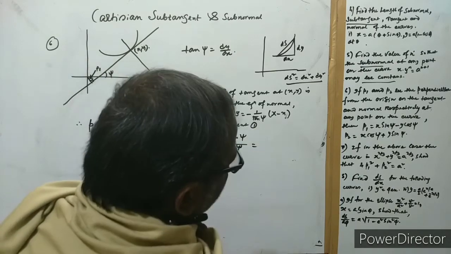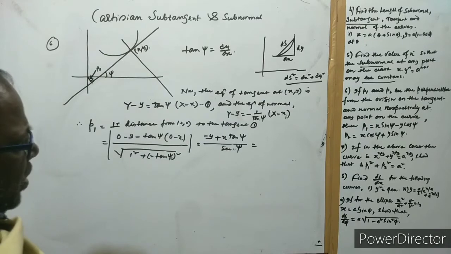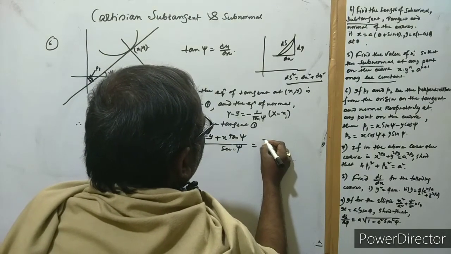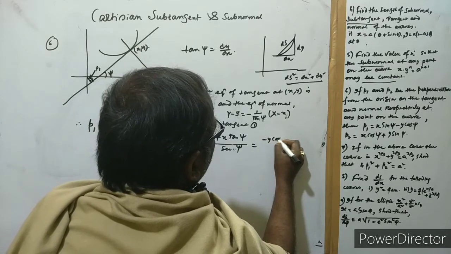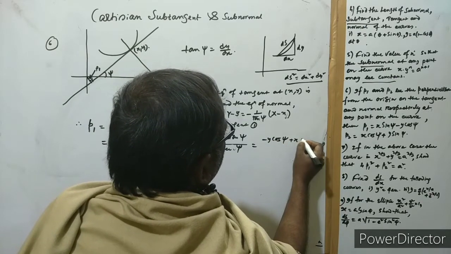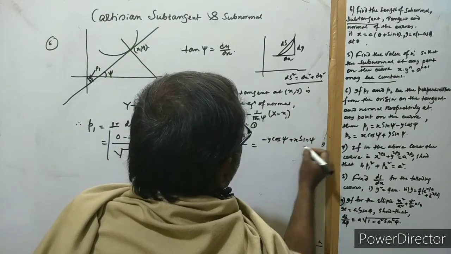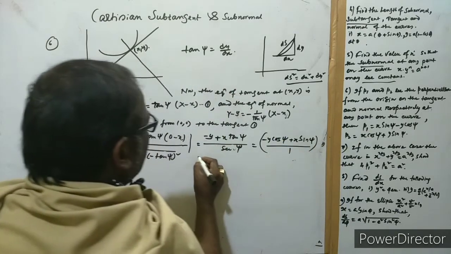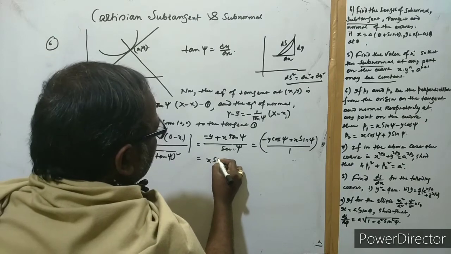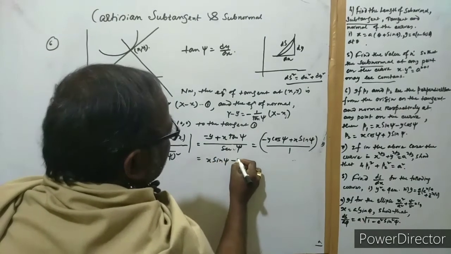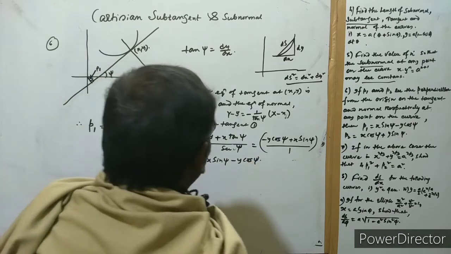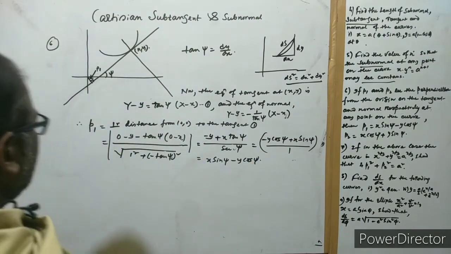And this is here x psi minus y into cos psi plus x into sin psi by 1, and this is your x into sin psi minus y into cos psi. Okay, now P2